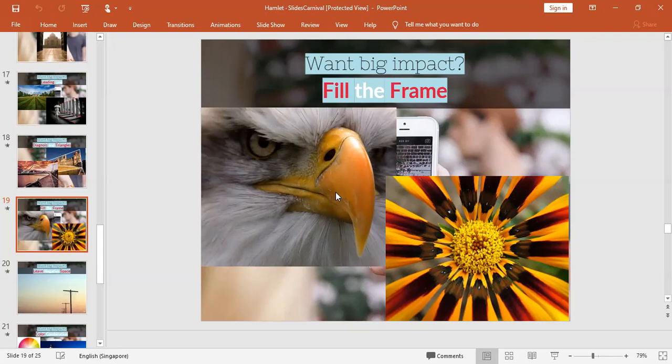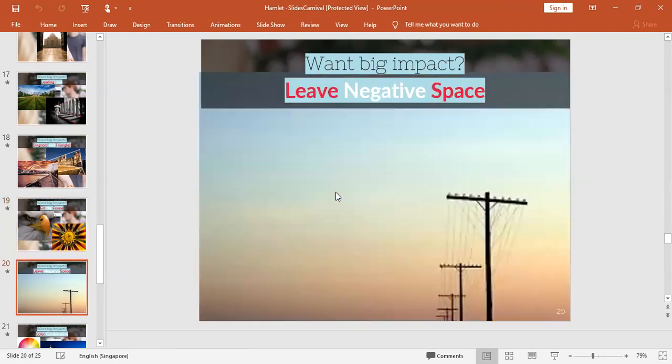So for that, we'll be using fill in the frame. That means you will fill your screen with the object, not the background. So there won't be any background. You won't be covering any background. You will be covering your frame fully with the object. That might be a face, that might be an object. You will be covering the whole thing.